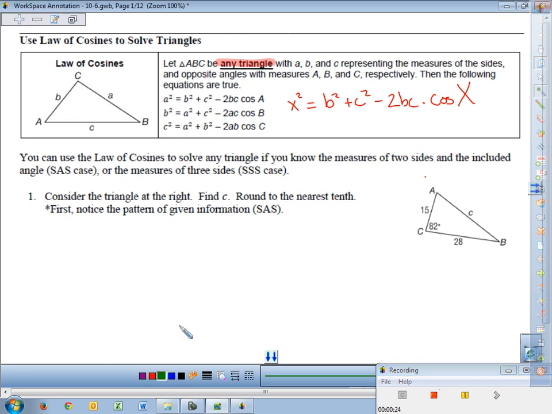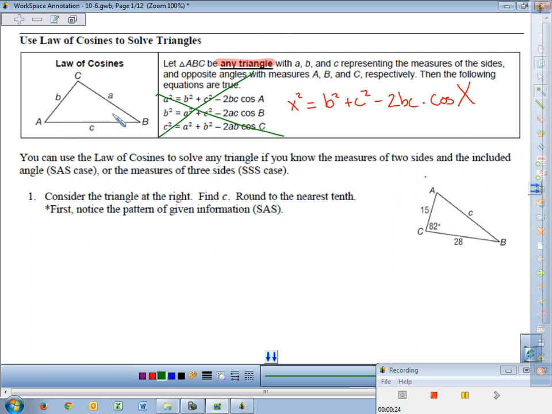I always just simplify it to be this. I call it x squared equals b squared plus c squared minus 2bc times the cosine of big X. If you jot that down on your paper right there, I like it because X is usually what you're looking for, and you kind of get confused in these other three. It's like, which one am I even looking for here, because they might not use the vertices A, B, and C. So little x, though, you got to realize is the side length, right? Because all side lengths are lowercase letters,